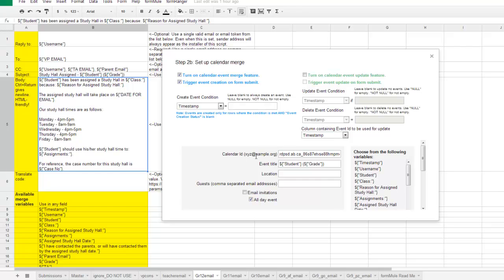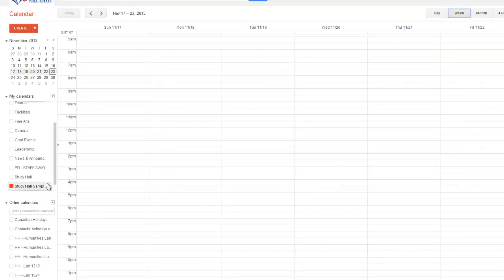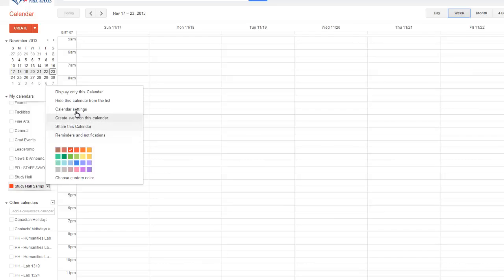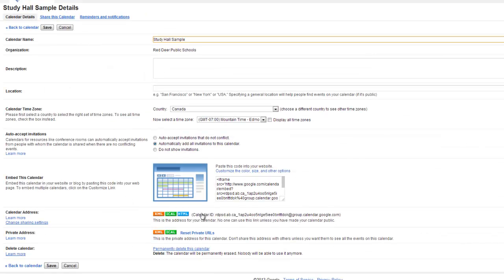Okay, so now the first thing it asks for is the calendar ID. And again, you can grab the calendar ID, which is why I created this sample one over here, by literally clicking on it and going into the calendar settings. And then at the very bottom right here, you have the calendar ID that you can select, and you basically just copy and paste, well, not the calendar ID label too, but you copy and paste that